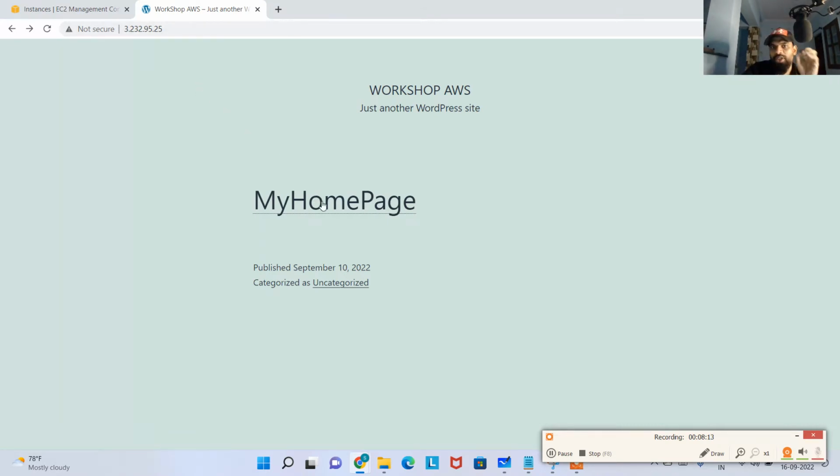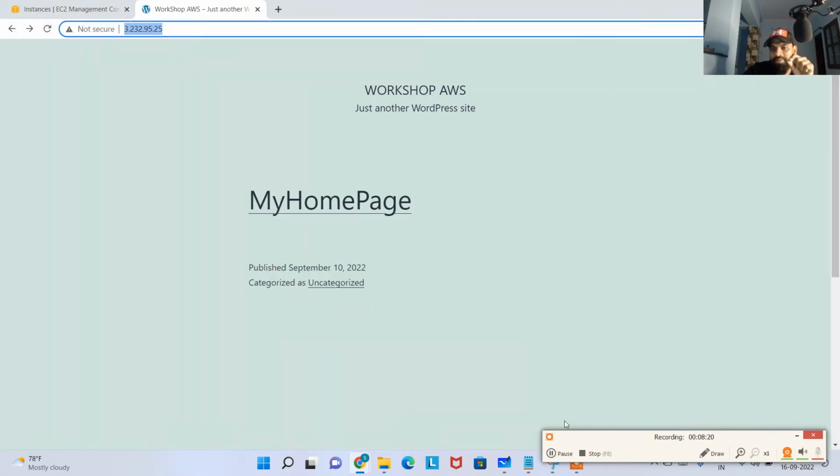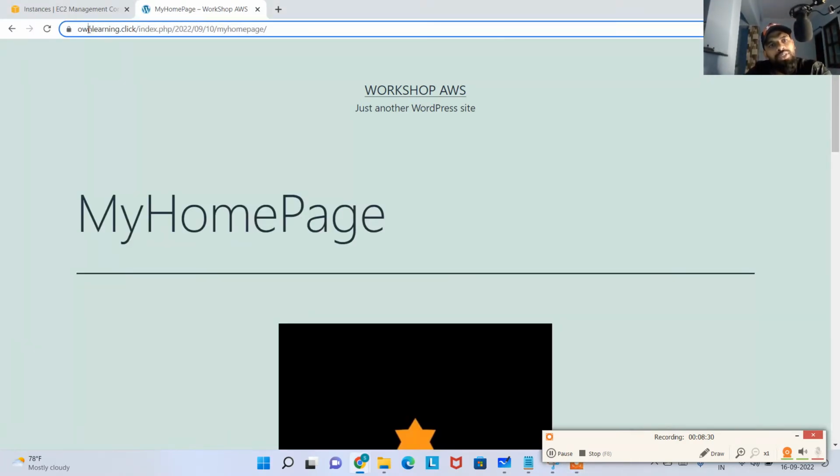But when you click on my home page, in fact, it should show you the same IP, your previous IP. But now what happens is, when you click on my home page, it is taking you to some other link, ownlearning.click. So from where are you getting this page, from where are you getting this link? This is what I want to talk about, something on database. Now, what is a database? How does it work? Okay, first of all,